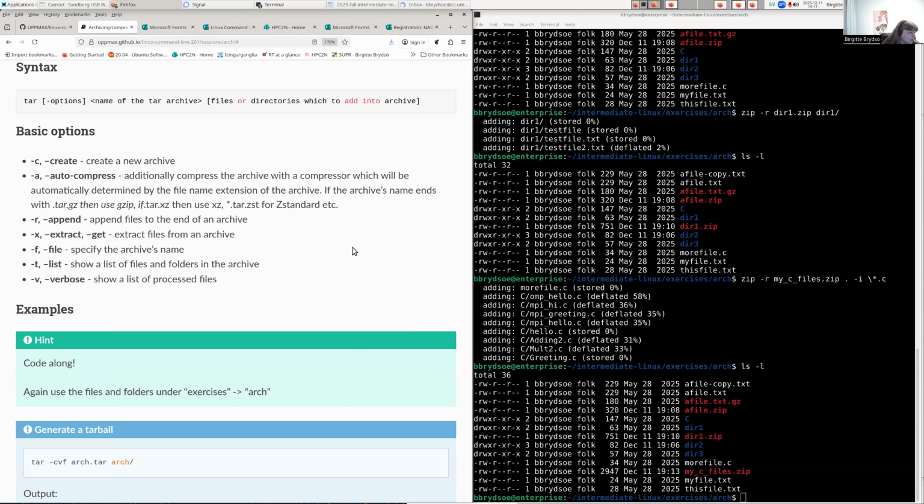But the common one is gzip. -r is append files to the end of an archive. -x is extract the files from an archive. -f specify the archive's name. -t is to show a list of files and folders that are in the archive, so you could do that instead of just unpacking it. And -v is show a list of processed files, so it will simply output every file it encounters when it's